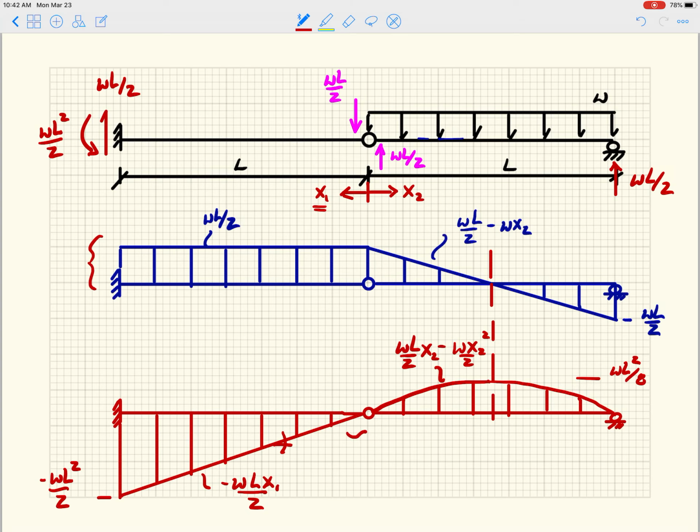So one question that you might want to ponder is, what happens at this hinge, right? It's certainly a 0 moment, we know that, right? We absolutely enforced it with our equilibrium, but you can see the moment diagram crosses 0. But is the slope on the left-hand side of the moment release exactly the same as the slope on the right-hand side of the moment release? Right? So think about that. We can chat about that, I guess, tomorrow in class. That's it for